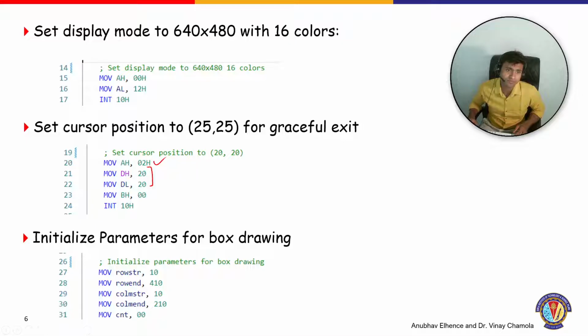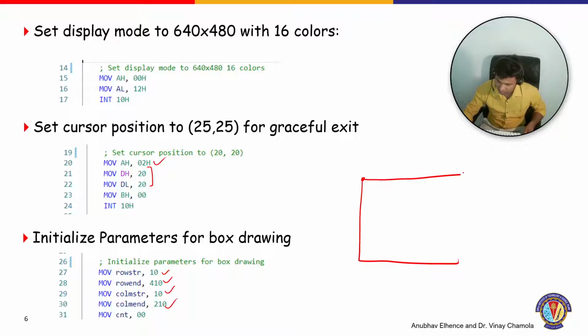It does not matter. And then initialize parameters for box drawing. This is a step which you will understand more later, how I am actually printing that single pixel and taking it forward or backward or to a particular direction. All right, for that we need the row starting address, the row ending address, the column starting address, and the column ending address. These are basically the coordinates: 10 comma 10,